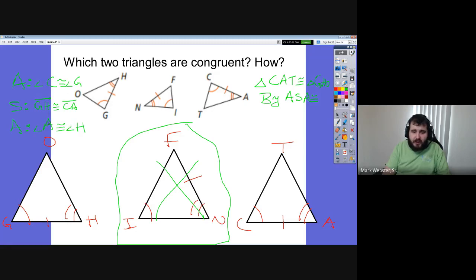Angle, side, angle. So what we're going to see going forward is that angle, side, angle works. And if we have two that are angle, angle, side instead, that's still going to work. You can't mix and match, but as long as they're both angle, side, angle, or both angle, angle, side,